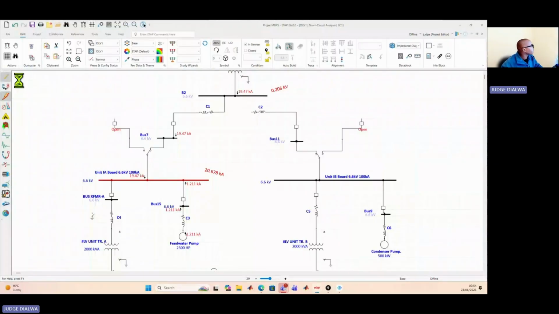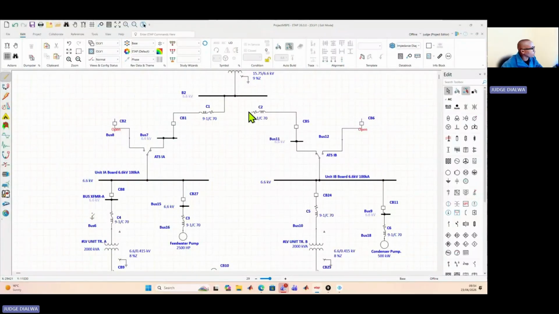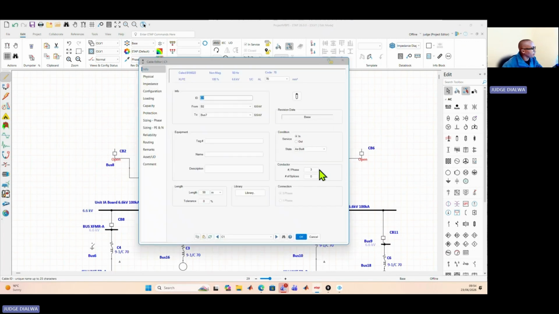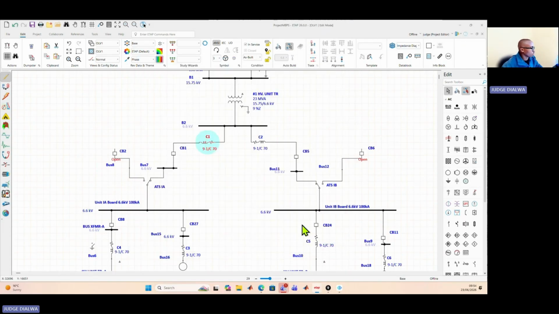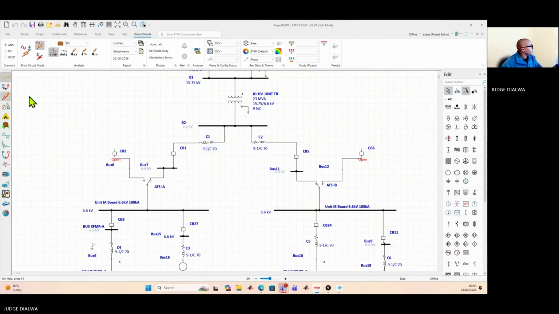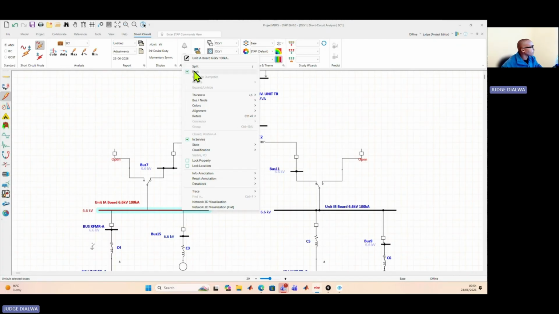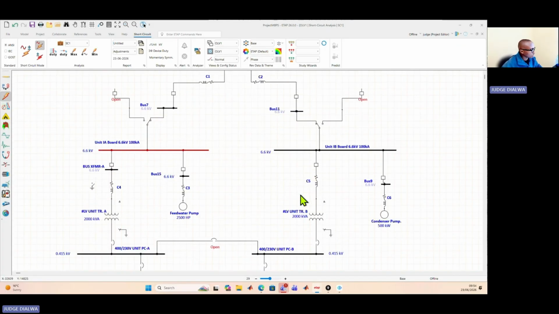Okay, now we're in ETAP and this was our last scenario. So now we'll go back and connect the rest of our model. Mind you, the number of conductors per phase is 3, and that is also from our last video. Now we'll go on to run our short circuit study. We connected the rest of the network,